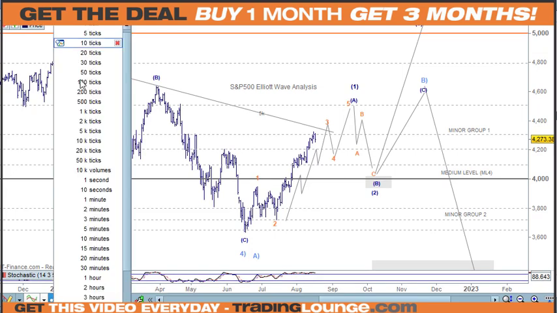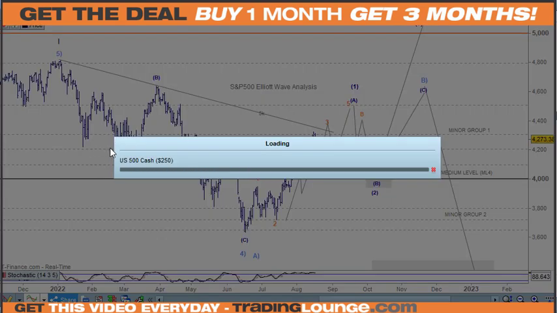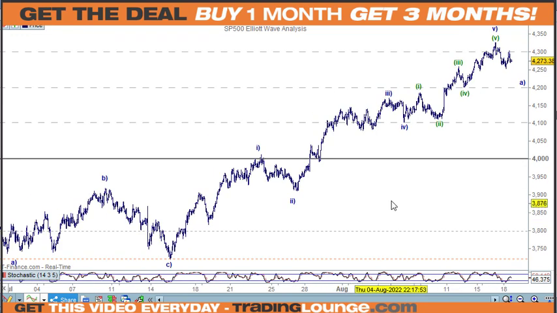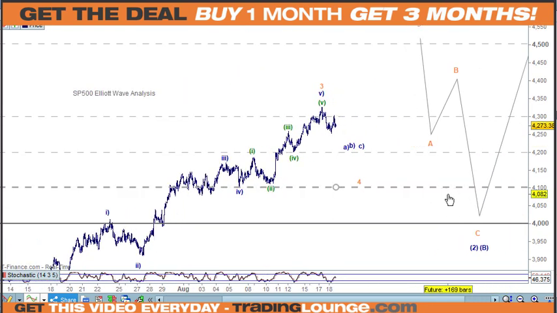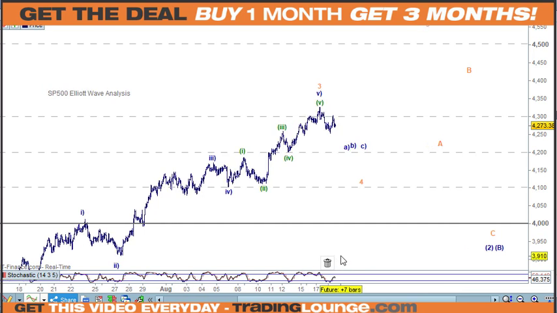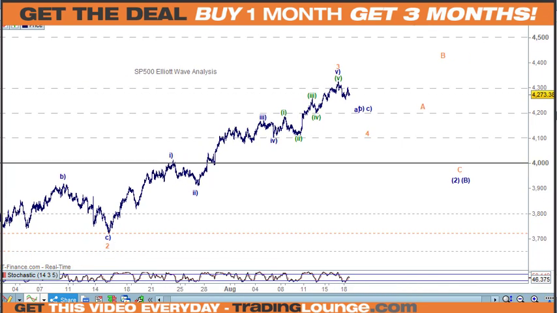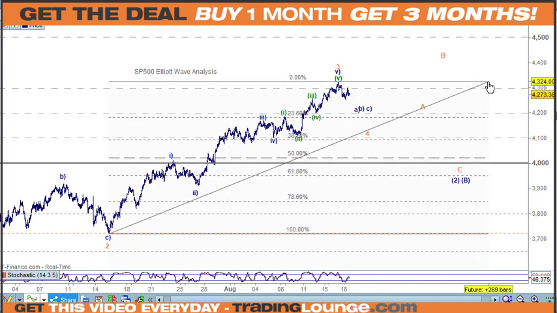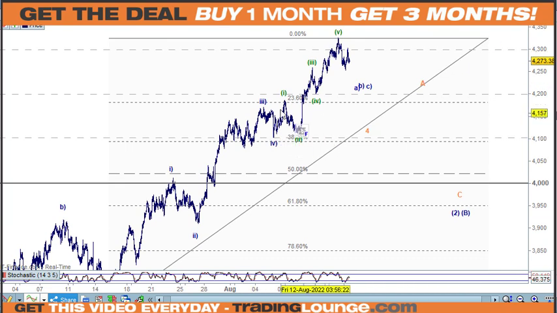So let's just cruise to the intraday. I think we've got something on 5,000 ticks here. Let's clean this up a little bit as things move along. So this is the wave 4 here. I've altered this a little bit, but it is still wave 4 at 4,100. And just to clarify that, if we take the wave 2 low to the top of wave 3 here, roughly speaking, the 38.2% retracement level comes in on that wave 4 there anyway. So both meet up in this area here.